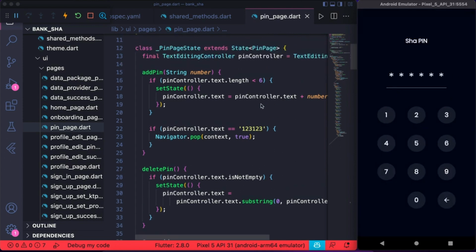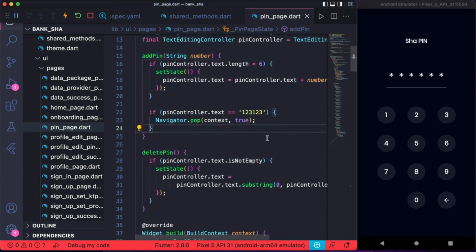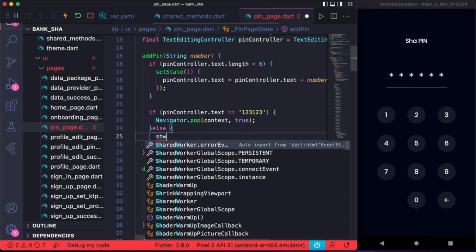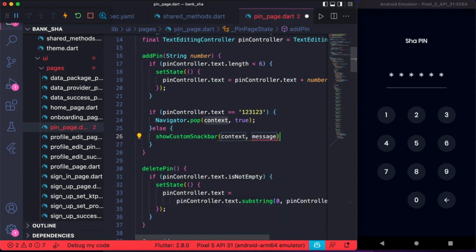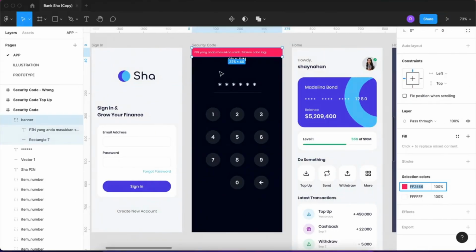Now here it will navigate to the edit PIN page, because the return is true. Now if we input the wrong one, for example 111, nothing happens here. Now here we can show the snackbar, so we need to do the condition again. So if the PIN is the same as 1 2 3 1 2 3, here we will return the value true. If not,